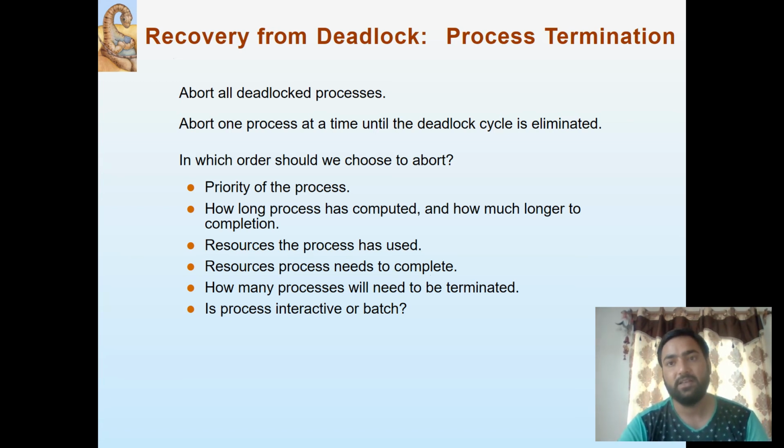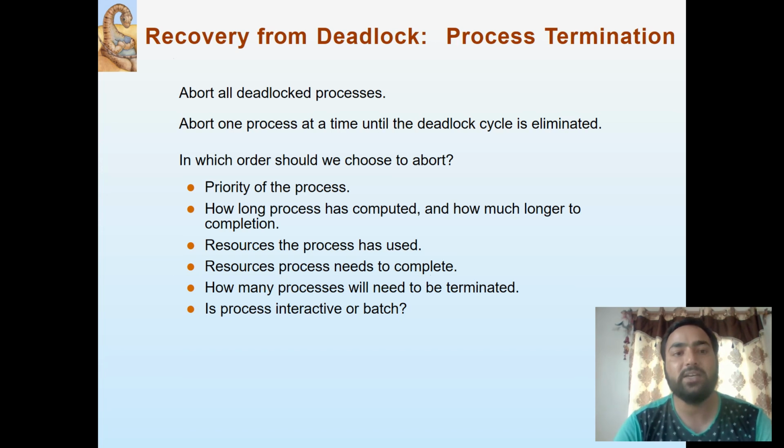the system. The first method is to terminate all the processes in the system. If all the processes are terminated, the system will automatically recover from the deadlock. But this will cause a great loss to the system's performance, as all the processes will be terminated. Maybe there are some processes which are near completion and are not involved in the deadlock condition. Those processes will also be terminated. So that will cause a great loss to the system's performance.